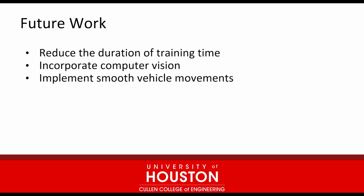For future work, we want to reduce the duration of training time by changing hyperparameters to see if we can reduce it from the 35 hours that we had mentioned before. We also want to incorporate computer vision or other sensors. And lastly, we want to implement smoother